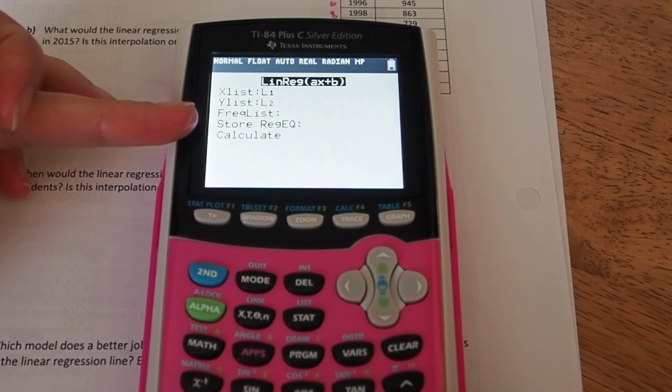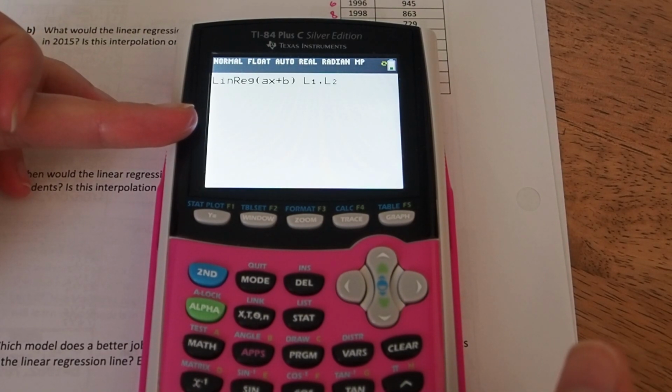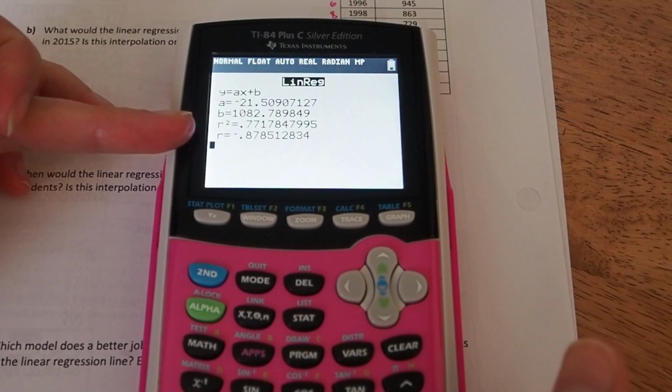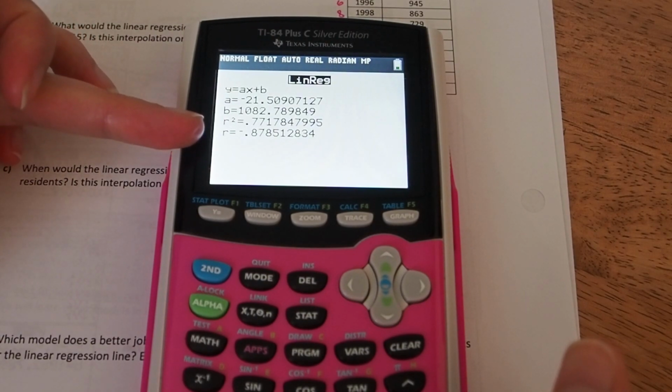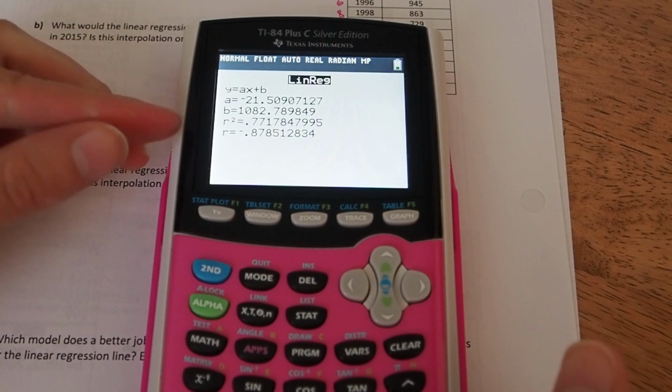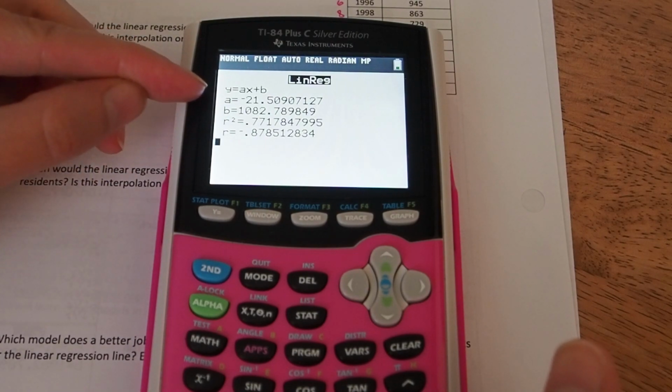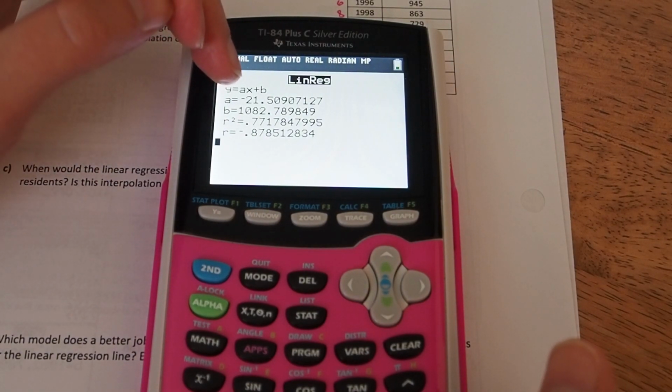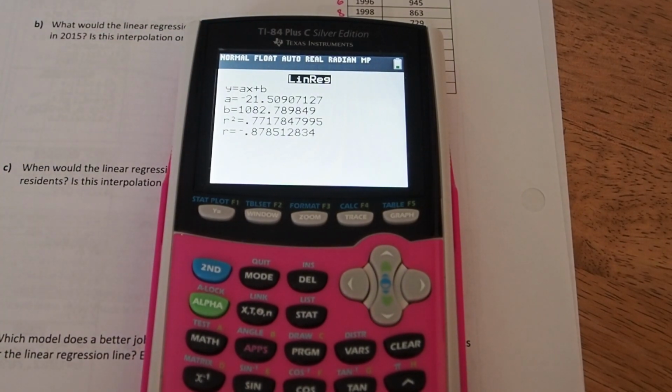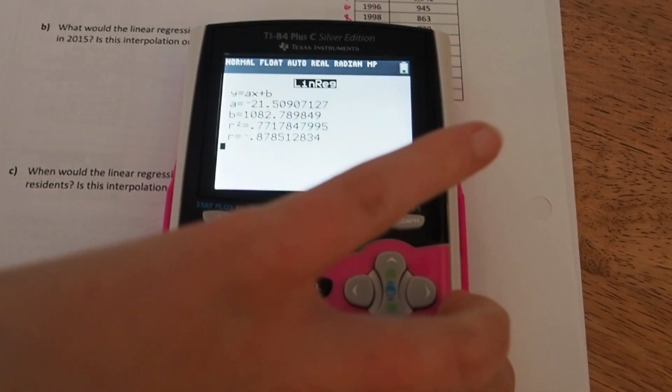I'm just going to go down to calculate. If yours is showing up A and B and not showing your R-squared values right now, don't worry about those. We'll talk about R-squared later. But A and B are the two numbers I need for the coefficient of x and b. A is actually the slope, so you can call it m if you like. So when I write my linear regression model down,